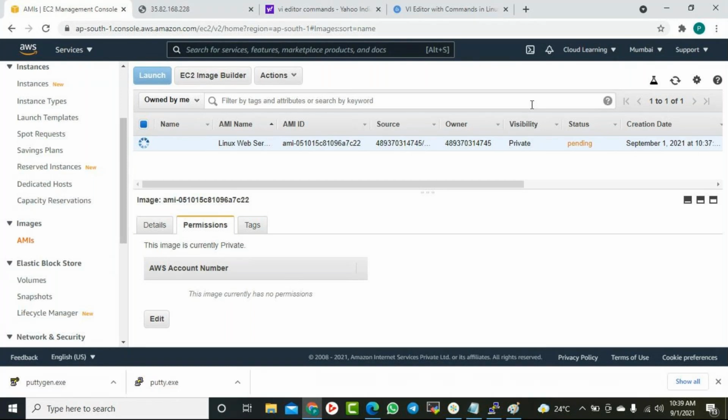I just pasted it in the chat. Why doesn't it show the notification? Anyhow. Hey, hi Rajesh, are you there? This is your account number, right? So I'll copy it.